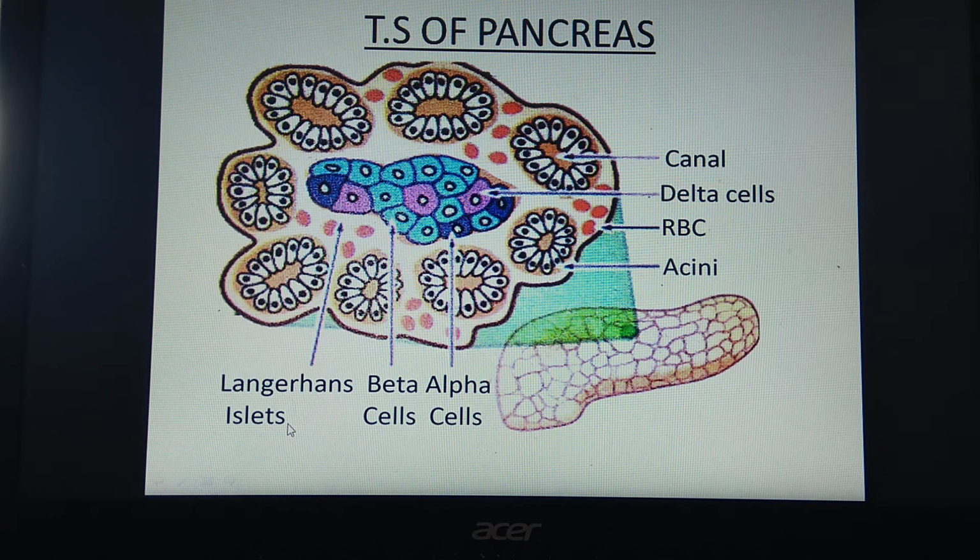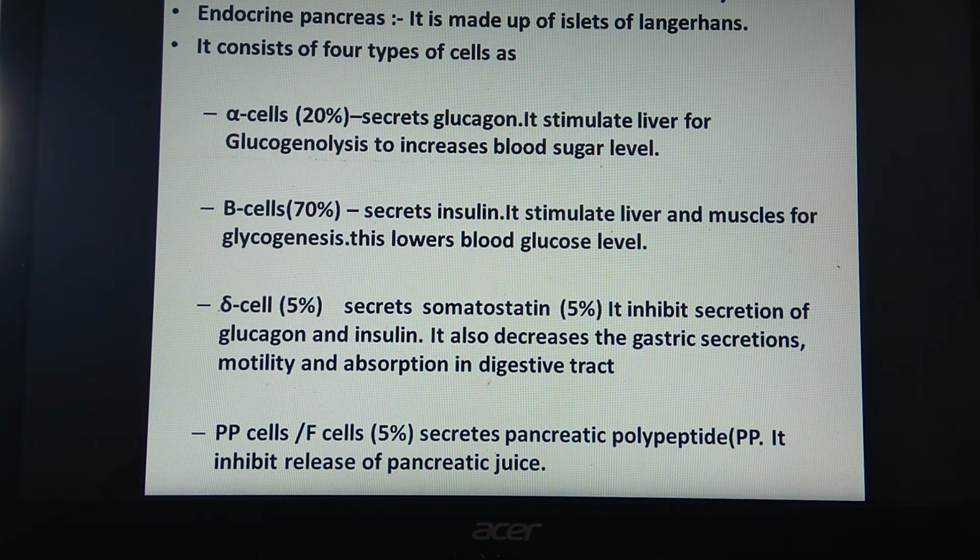These islets of Langerhans consist of 4 different types of cells. These alpha cells, beta cells, delta cells, and one more type which are called as PP cells or F cells. So these islets of Langerhans with their 4 different kinds of cells form the endocrine part of the pancreas which shows different kinds of secretions. So we'll see the endocrine nature of pancreas because of different kinds of cells. So pancreas, heterocrine gland, is made up of islets of Langerhans, and islets of Langerhans consist of 4 types